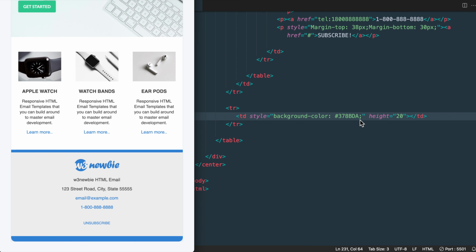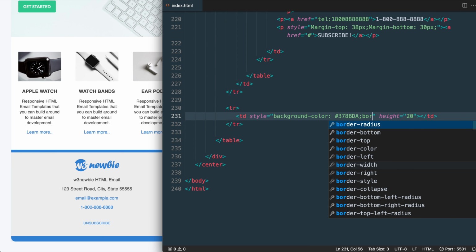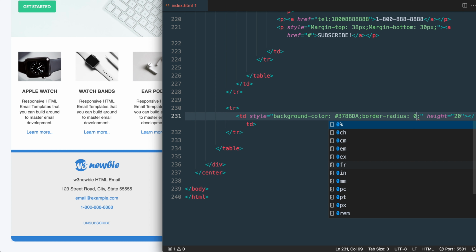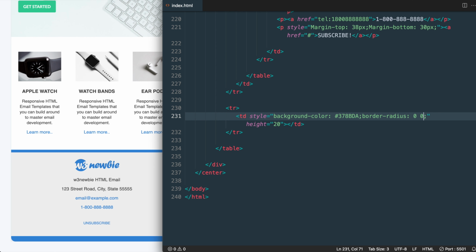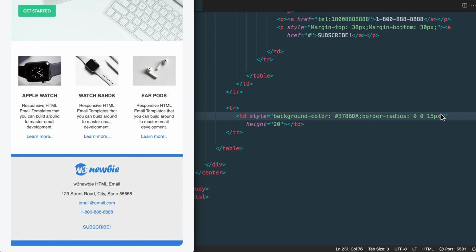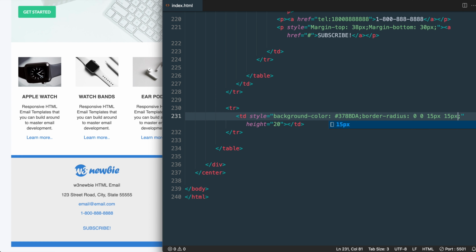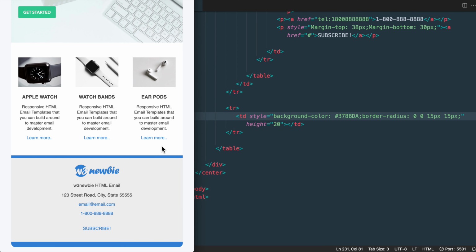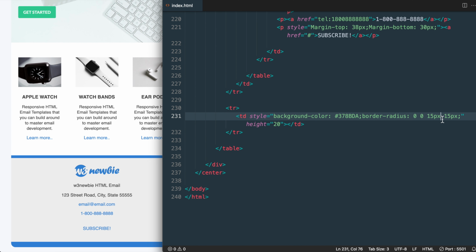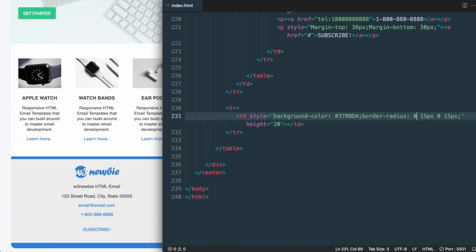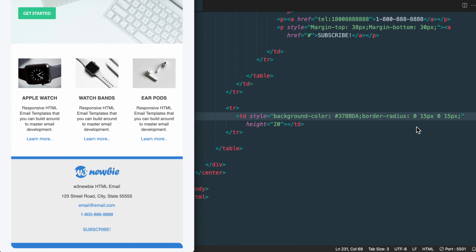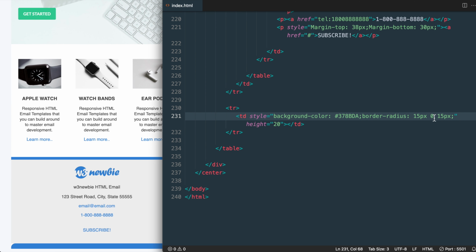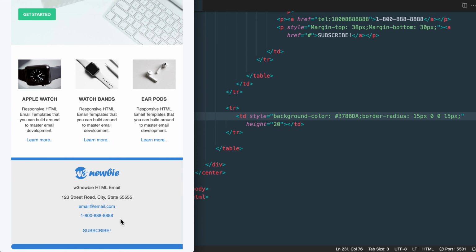So to do that, we'll use border radius, and then the values 0, 0, then 15 pixels, which will be more than the button that we did with 5 pixels. So it'll be a little bit more of a wider rounded edge. So now if we look, we'll have the bottom right done, and then if we add it again, we'll have the bottom left. So this is a little different from the box model with CSS. The box model goes top, right, bottom, left, but with border, we go top left, top right, bottom right, bottom left, as